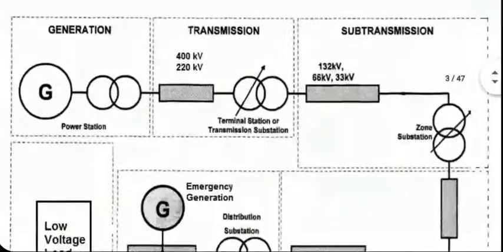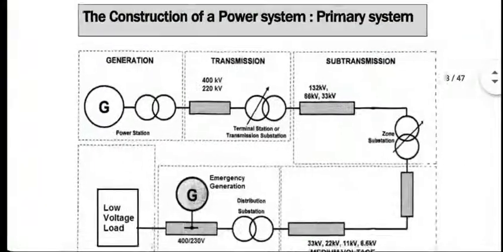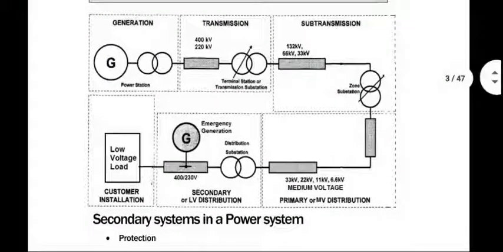Power system construction, I think we have seen it several times, so I will not describe each and everything in detail. You know that generation, transmission, and distribution are the three primary components, conceptually speaking. And within each, there is a large variety of components. And each one has to be thought of when you are designing a good protection system.